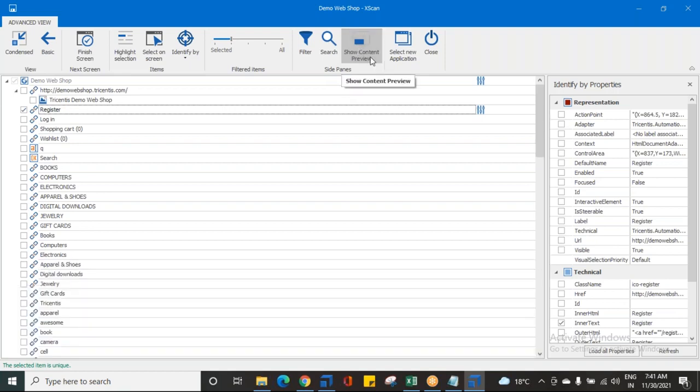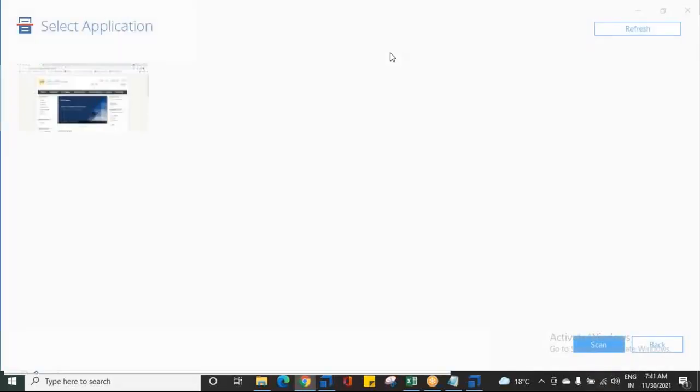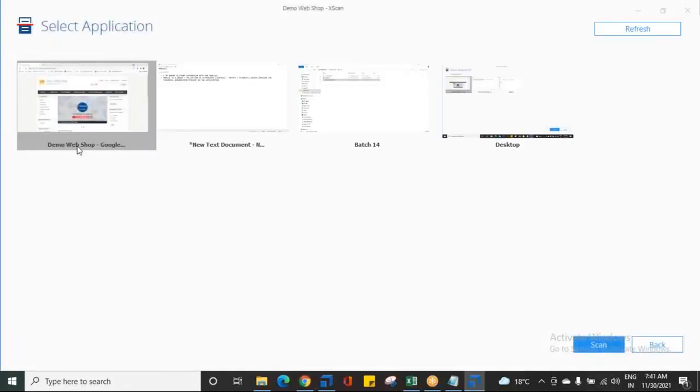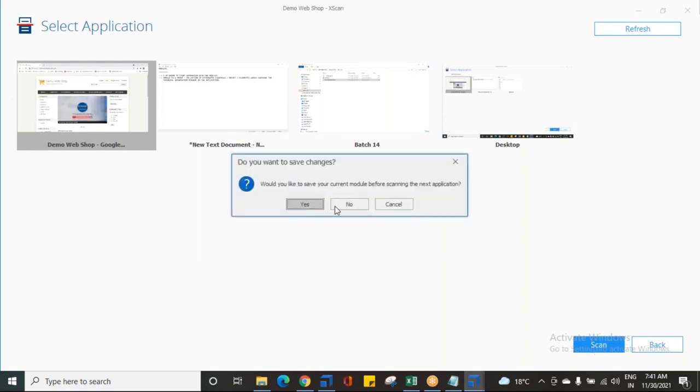Now you have got another two options called select application and close. Once you complete it, you can select a new application. Means you will be navigating back to the home page, the starting page, right? Again, you can click on scan. You will be